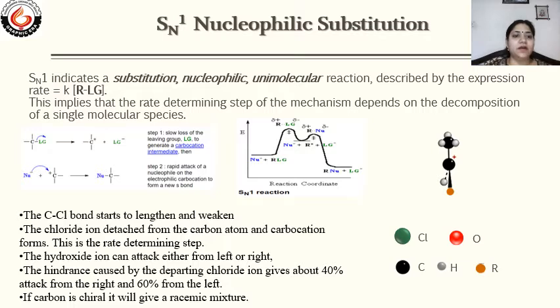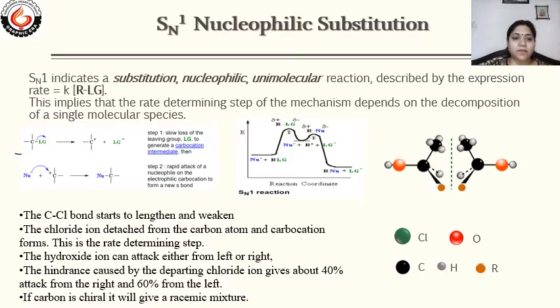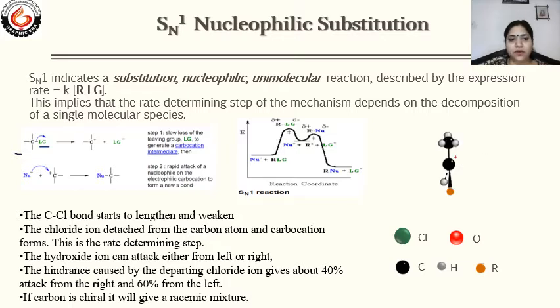Here you can see the two reactions given, in which the first reaction is the slow step and this one is the rate determining step. Here the carbon is attached to the leaving group. The electron goes into the leaving group and the leaving group leaves the carbon skeleton, or you can say substrate, by taking a negative charge. The second step is a fast step and it is not the rate determining step.